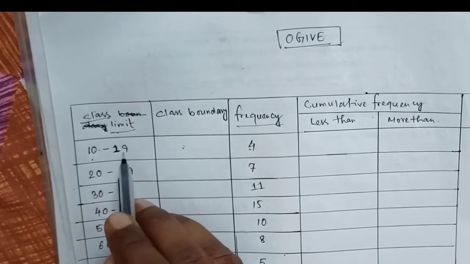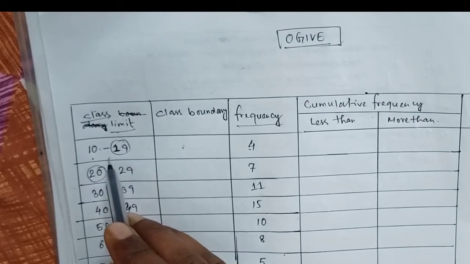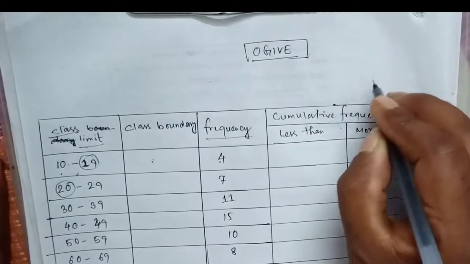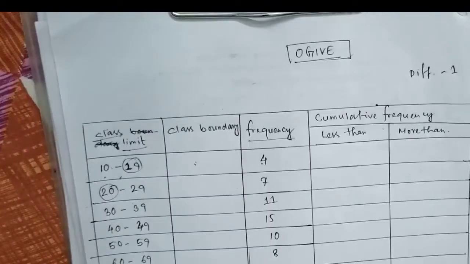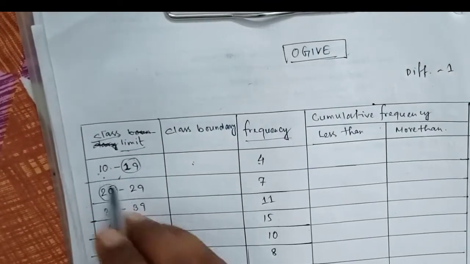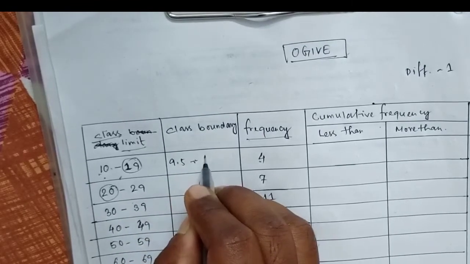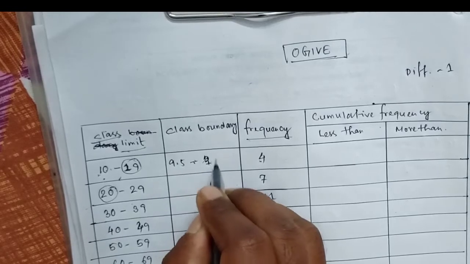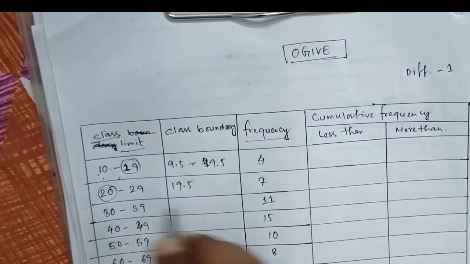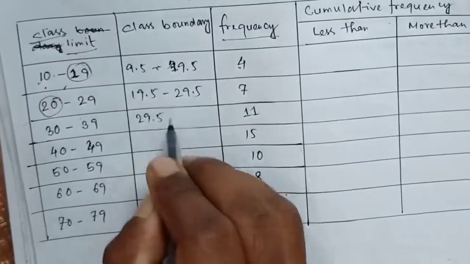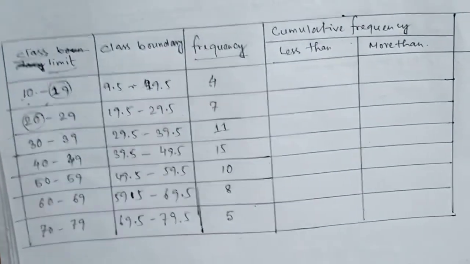Lower limit 10, upper limit 19, and the next lower limit 20. The difference between the two is 1. So d by 2, 1 by 2, is equal to 0.5. So subtract 0.5 from 10, which gives 9.5, and add 0.5 to 19, which gives 19.5. Then 19.5 to 29.5, and then 29.5 to 39.5, and so on. So the class boundary